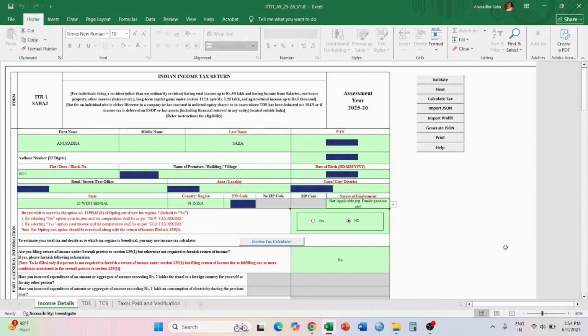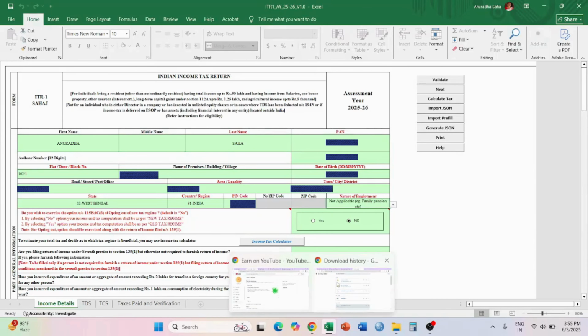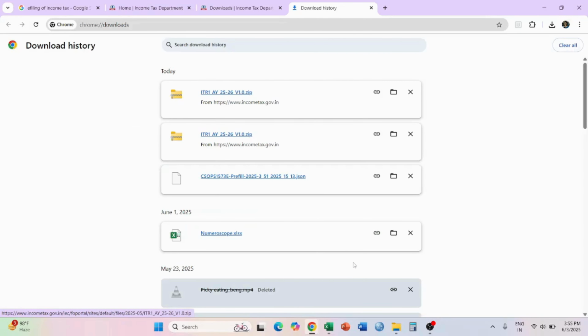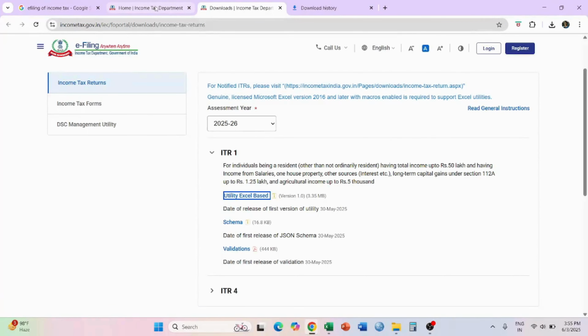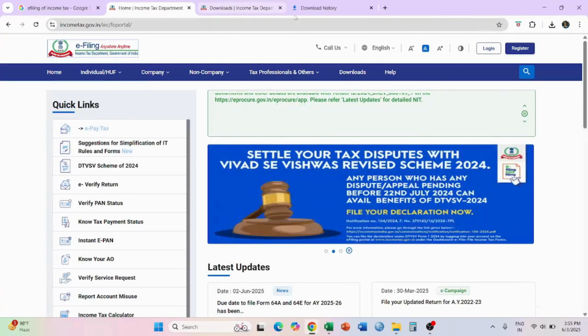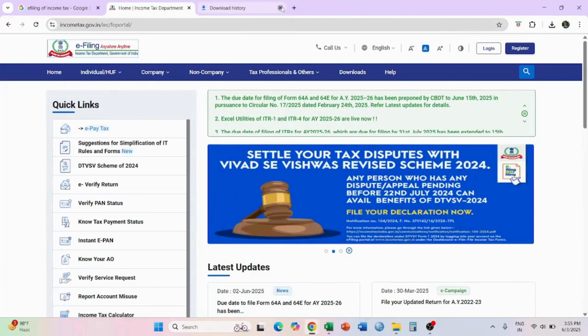So this gets saved. Now we go back to the page once again, to the e-filing website. Here it has been logged out, so we will have to log in once again. Follow the same procedure.